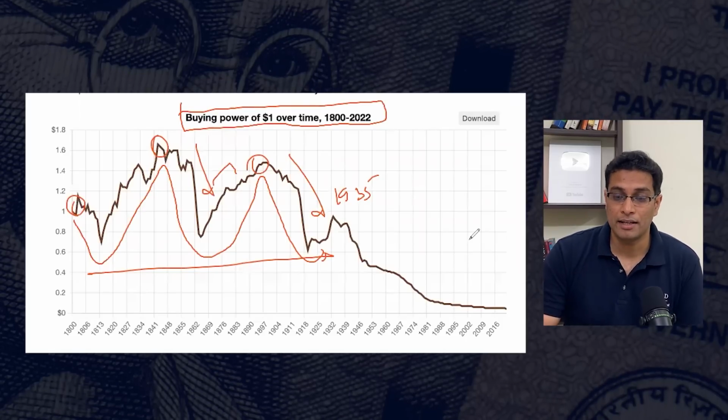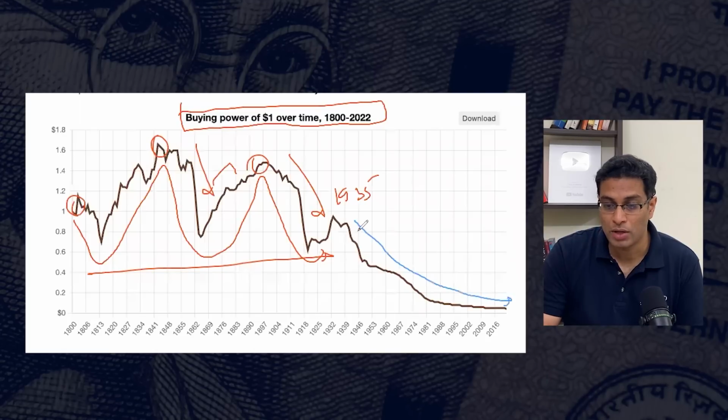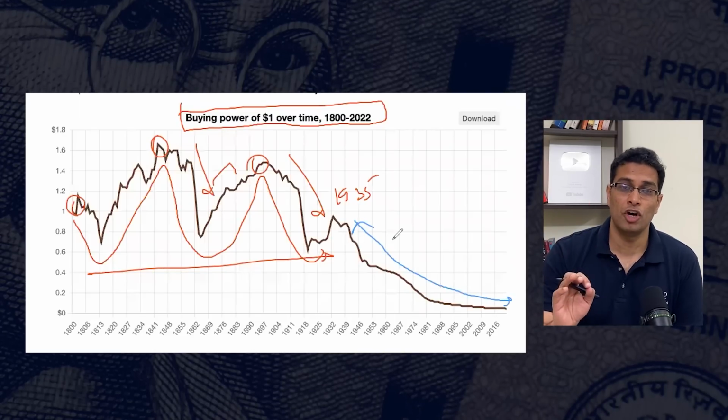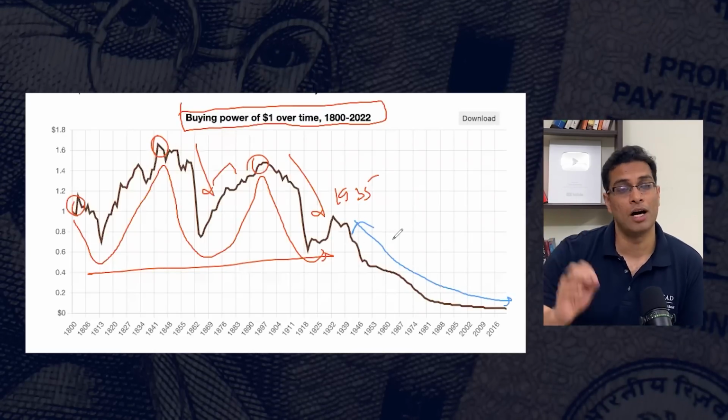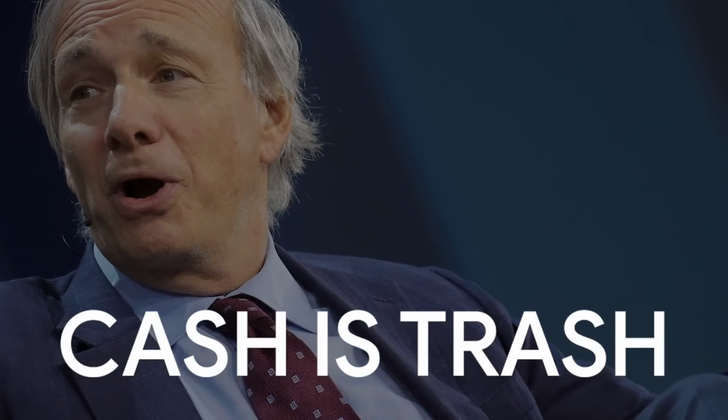But after 1935, I'm indicating it through this blue line, the purchasing power of the dollar has been going down, down and down. Now, why is this such an important video? Simply because you would have heard people like Mr. Dalio talking about the fact that cash is trash. If you keep your money in bank accounts right now, you are making 2% return on your savings account, but the inflation is 8%. So you are losing cash or fiat money, which is INR, USD, Singapore dollar, at a rate of 6-7% also. Things are getting crazy.